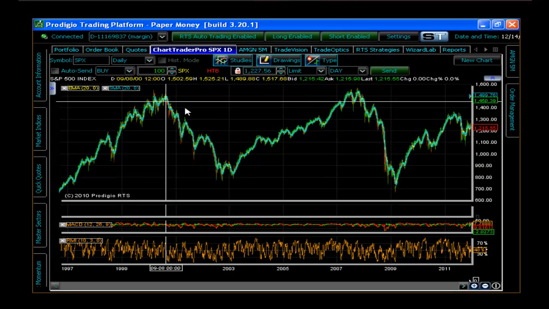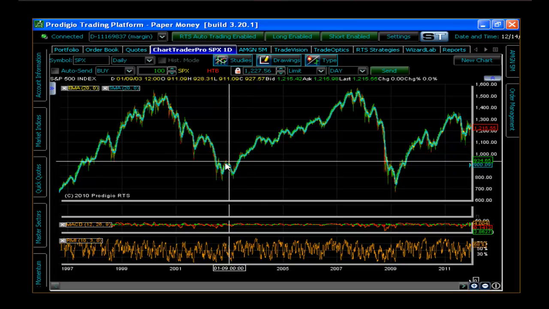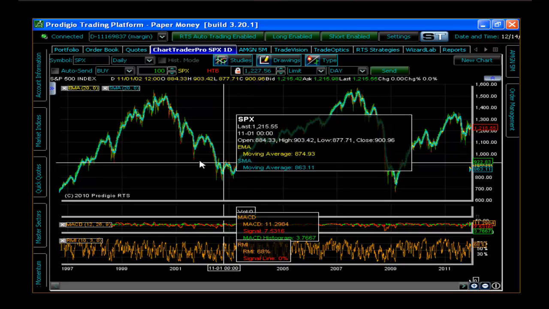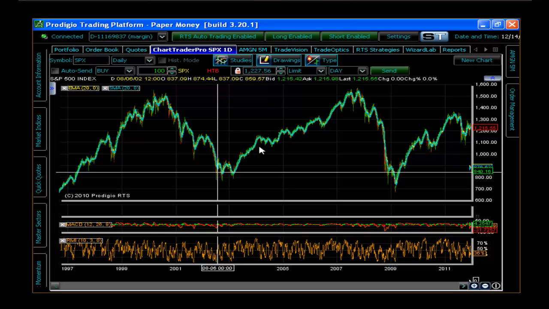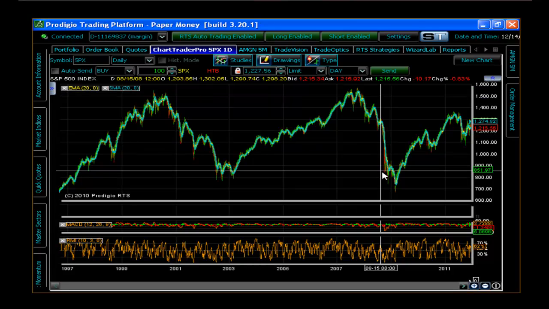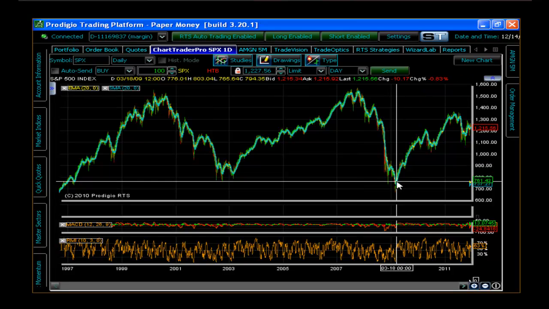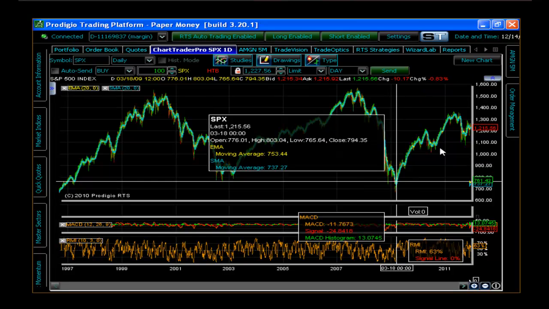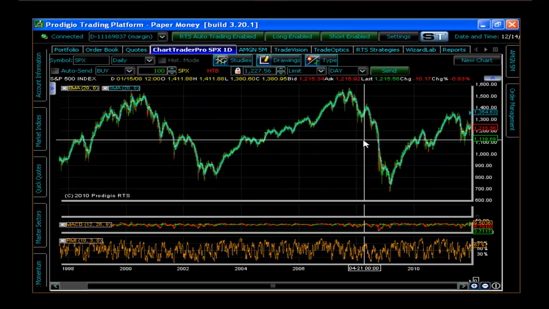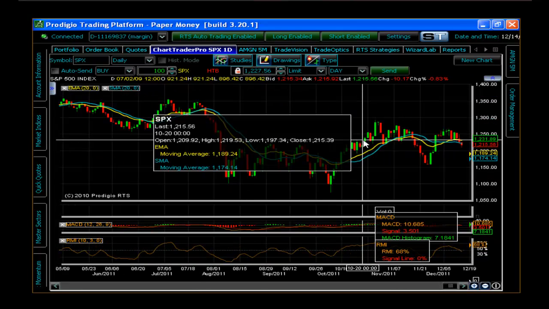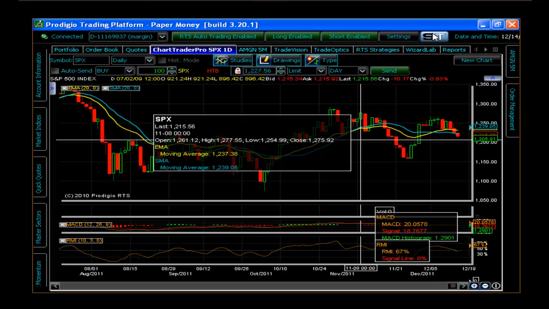So this goes back to here, and the idea is here's one of the crashes, right? Then it recovers, right? Then it crashes, and the idea is that when it goes down, the rate at which it goes down is much faster than the rate at which it goes up. So not just for this reason, but also for others,